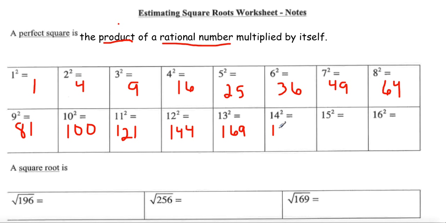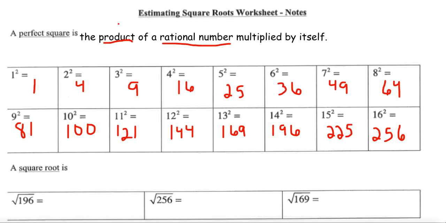14 times 14, which is 196. 15 times 15, which is 225. 16 times 16, which is 256. And obviously this is not where they stop. 17 times 17 has a value. 20 times 20, we know 2 times 2 is 4, so 20 times 20 is 400. So that kind of helps us know those values as well. These are just a list of perfect squares, ones that are good to have memorized so that it makes estimating and finding exact square roots